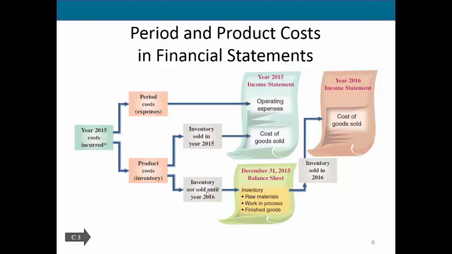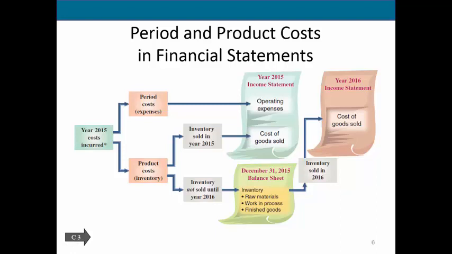And then once they are sold, they become an expense, and we call that expense cost of goods sold. You learned about cost of goods sold in Accounting 101, but in managerial accounting, or Accounting 102, we're really getting an understanding of this timing difference that happens, and we're going to dive a little bit deeper into understanding some different categories of inventory.